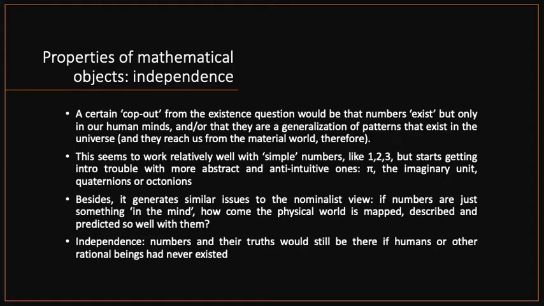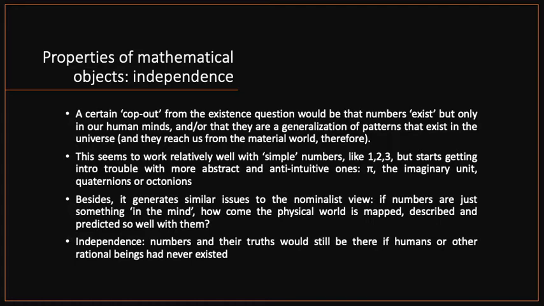I mean, pi is the ratio of the circumference of a circle to its diameter, and you can measure and calculate ratios of circumferences to diameters in circles in the real world, but you never get pi. You get an approximation of pi, like 3.1 or 3.14. There is a limit to how accurately and precisely you can measure, whereas pi by definition is unmeasurable in the sense that it is infinite. It's not 3.14, it's an infinite string of